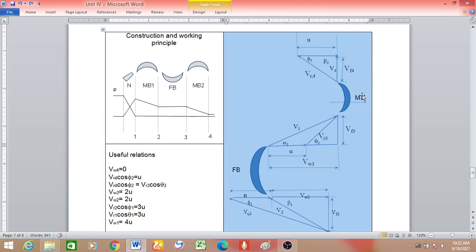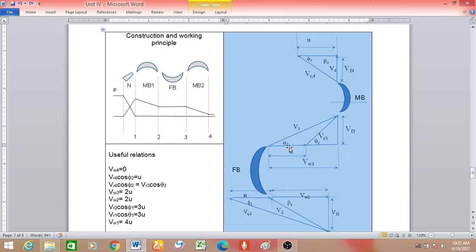So this is the moving blade 2. Here again the fluid leaving the fixed blade is an absolute quantity. This fluid velocity is going to strike the moving blade, which is also moving. So you now have the relative component coming into the picture. Tangent to the moving blade 2, you must draw the relative velocity line. This is the relative velocity R3 for moving blade 2. Okay. Then you can complete the triangle. This is the blade direction, and everywhere you can complete as before.